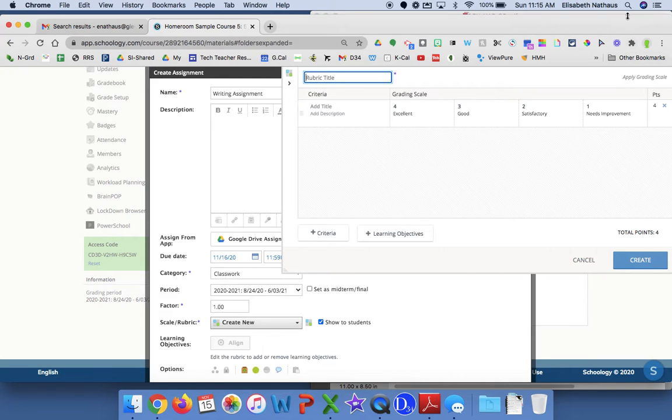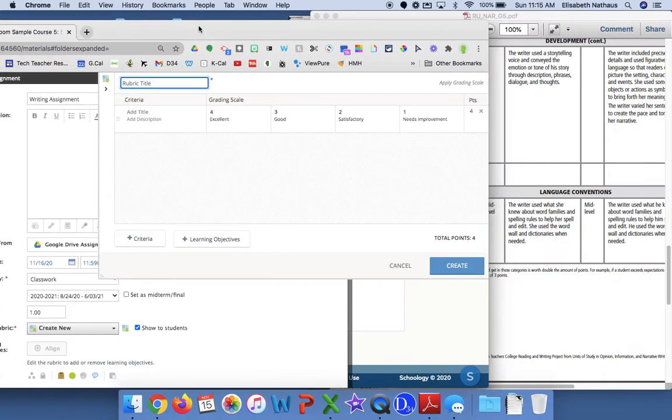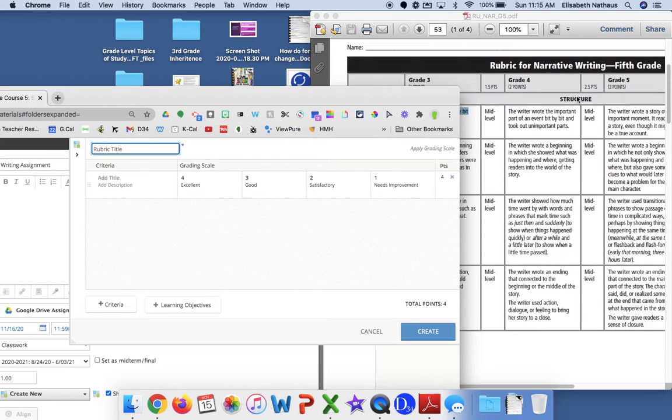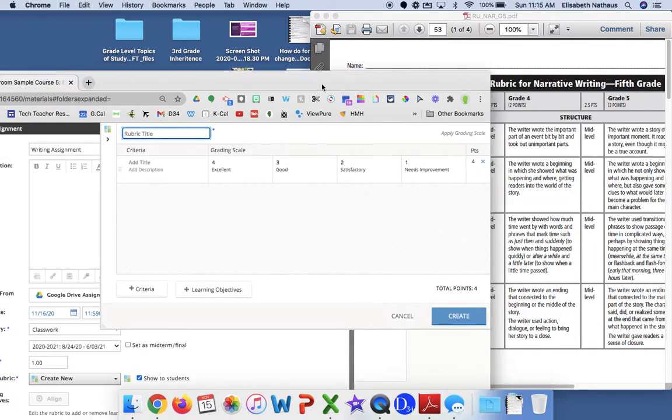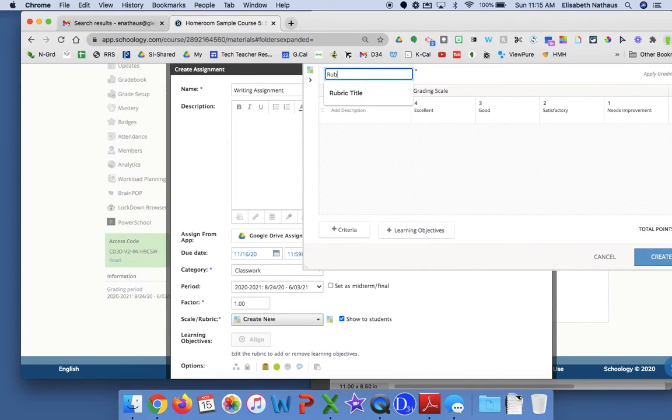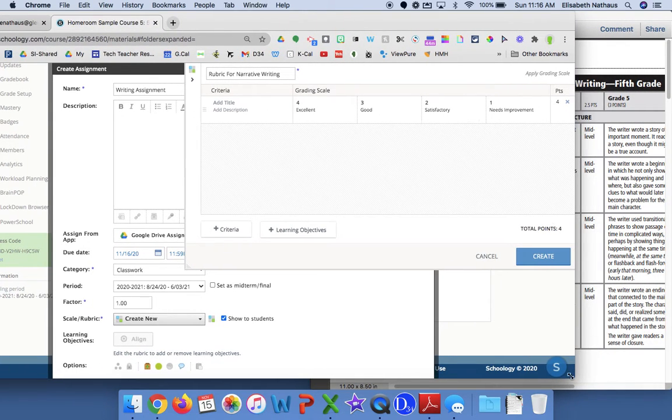I have your rubric over here, and it is called Rubric for Narrative Writing. So I'm going to call that. Once a rubric is created, it will always stay in that course, which is kind of nice. You can use it again and again should you need to. All right, so now that I have rubric for narrative writing,